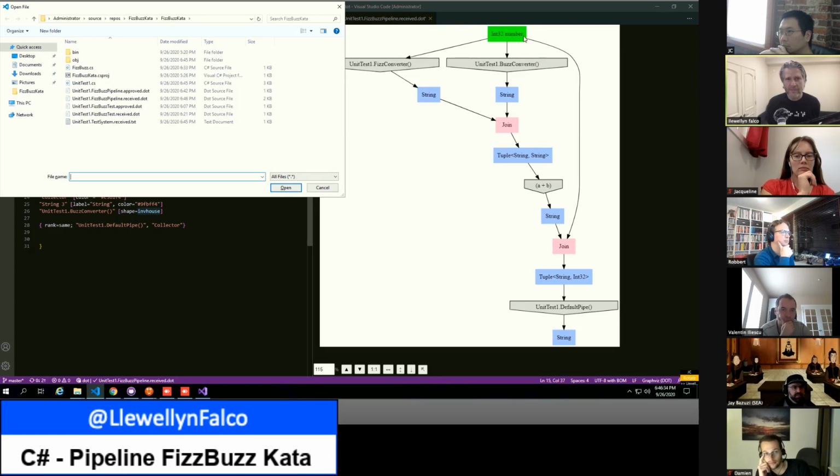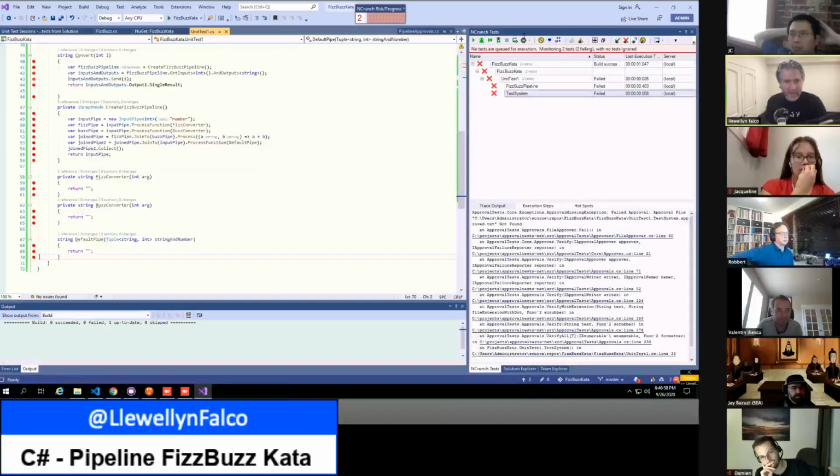So now let's go back. And let's start at the very bottom. So on default pipe, do a ternary here and say, if string and number dot item 1 is empty. There's no. That's fine.